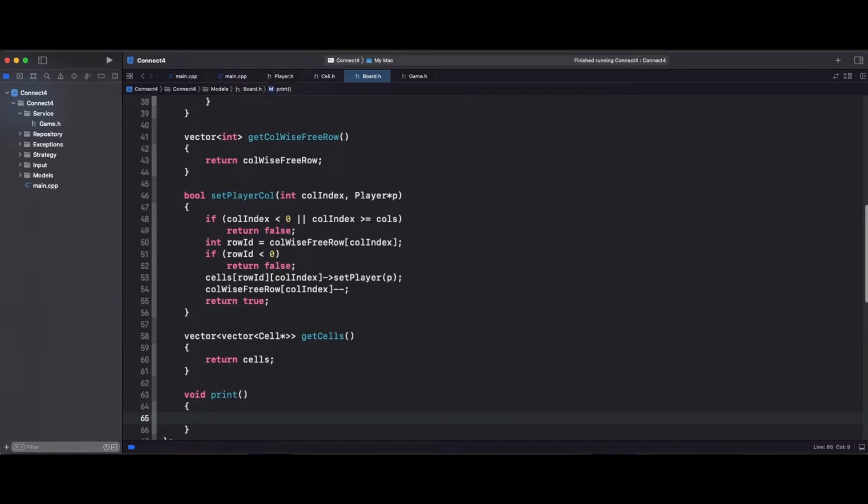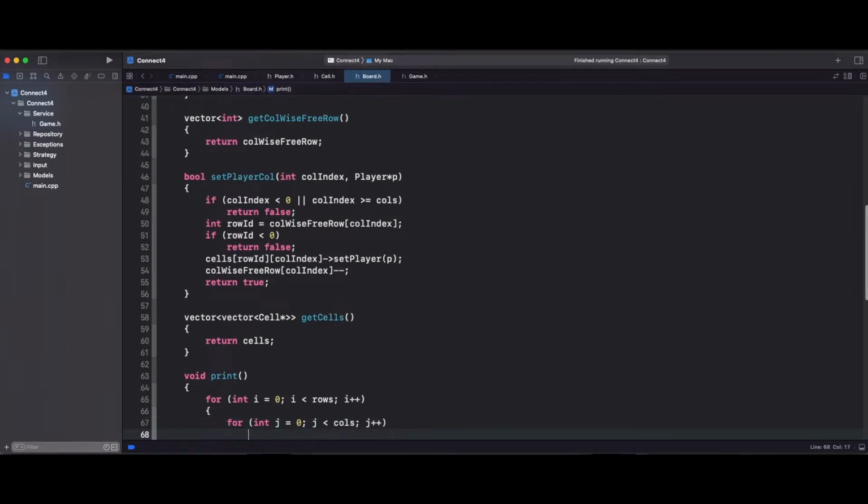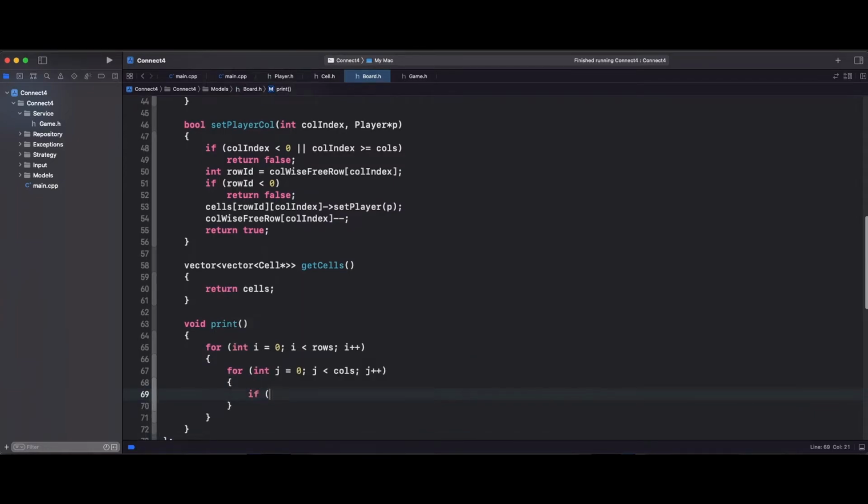So board I'll add something like, if cells of ij is fill is double equal to false, maybe we can print something like underscore